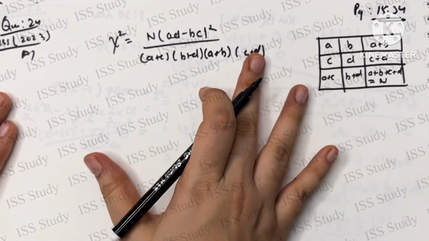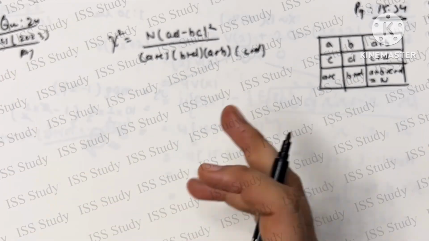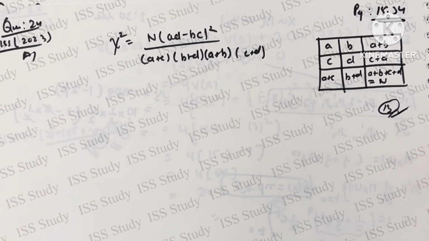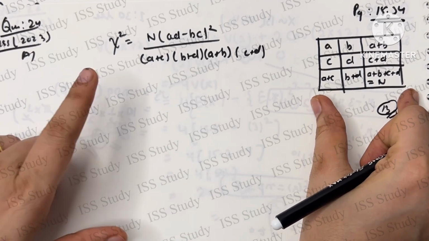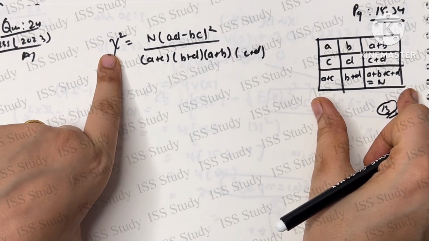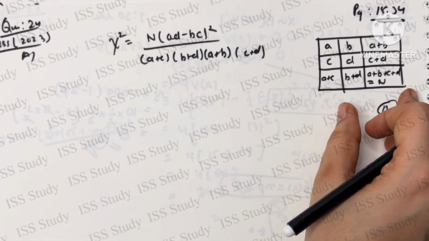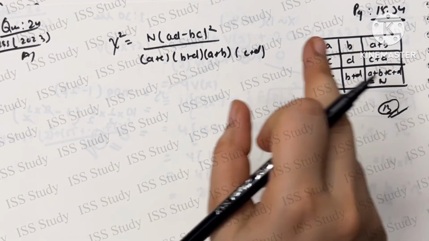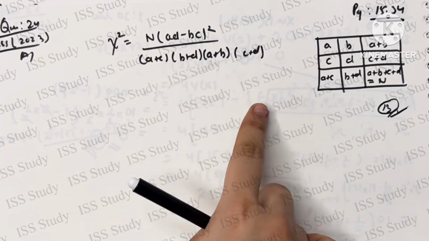Here I am not going too deep into what association is and what the attributes are. When I start chapter number 13, which is all about attributes and association between two attributes, we will discuss it later. But right now you have to remember that for a 2x2 contingency table there is a value of chi-square, because chi-square is always used to find whether there is any association between two attributes or not. It is also called a non-parametric test. So using this formula of chi-square, we can easily get the value.